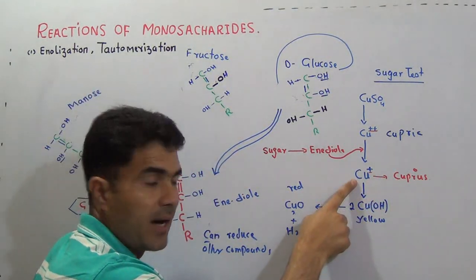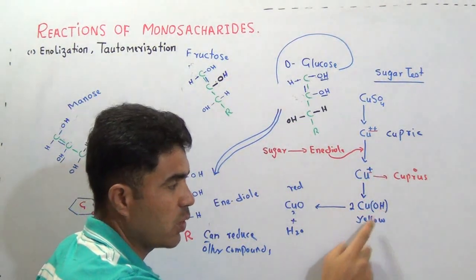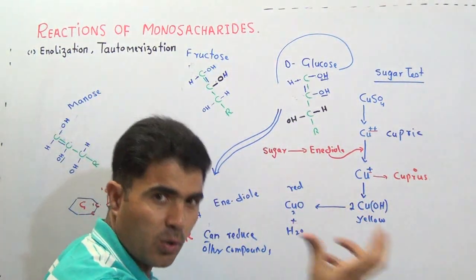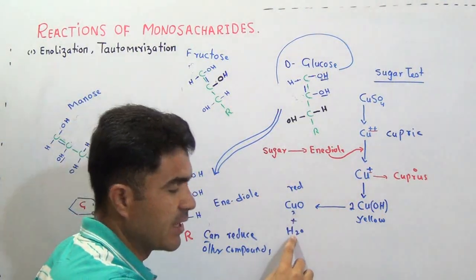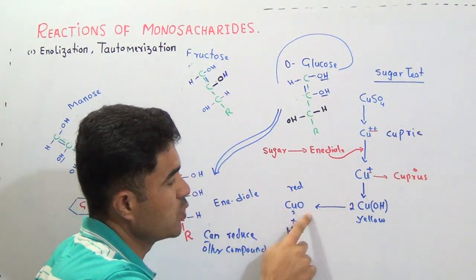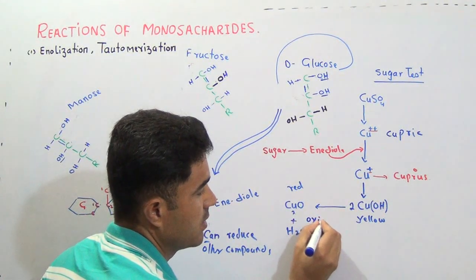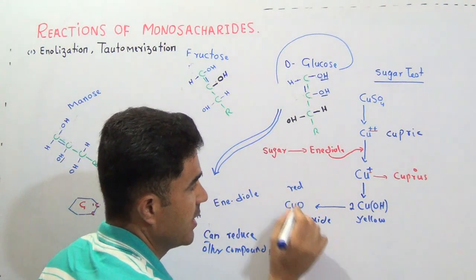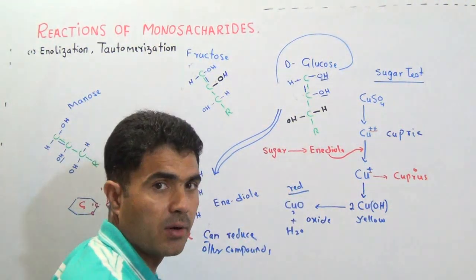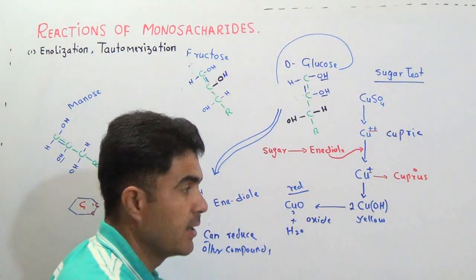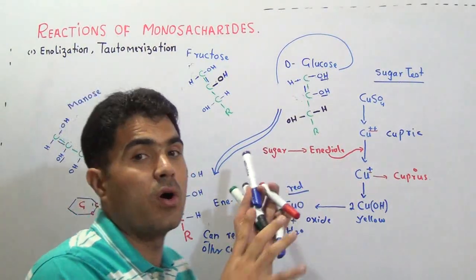This cuprous ion will be in the form of cuprous hydroxide. It will be yellow color. If you further heat it up, it will release water and it will become Cu2O. This is called cuprous oxide. It has red color, and cuprous hydroxide has yellow color. So the presence of color, yellow or red, will indicate that there was sugar